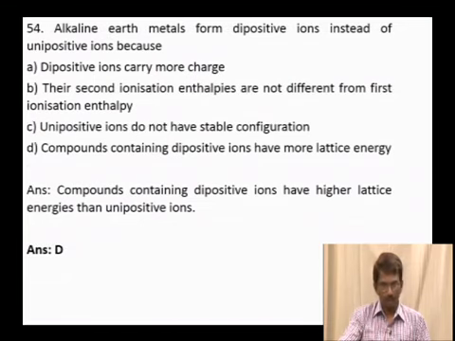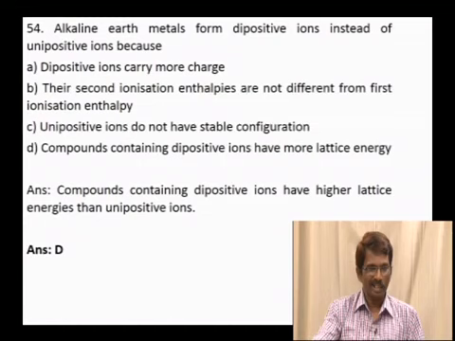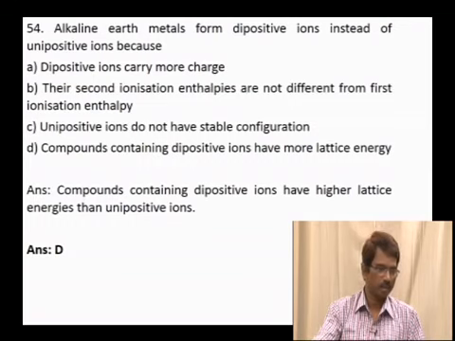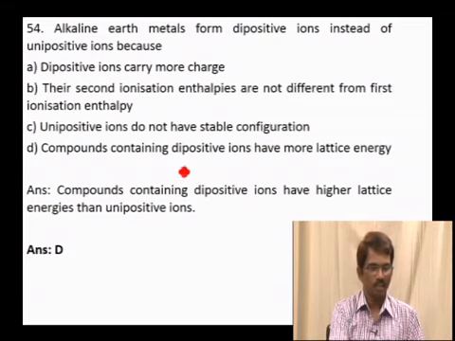Into question number 54. Alkaline earth metals form dipositive ions instead of unipositive ions, because, option A, dipositive ions carry more charge. Option B says the second ionization enthalpies are not different from first ionization enthalpy. Option C says unipositive ions do not have stable configuration, and option D says compounds containing di-positive ions have more